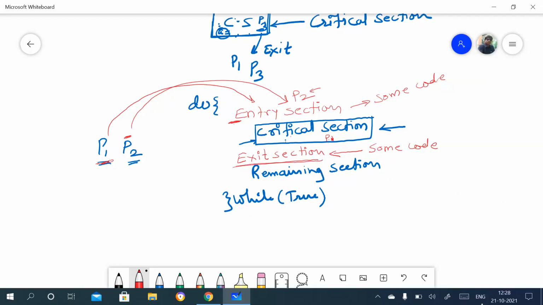And after successfully executing that exit section code, then and only then P2 will enter here. P1 will execute the remaining portion. This remaining portion is not common among these two processes. This is the rest portion, we can say, but only this one is the common portion.